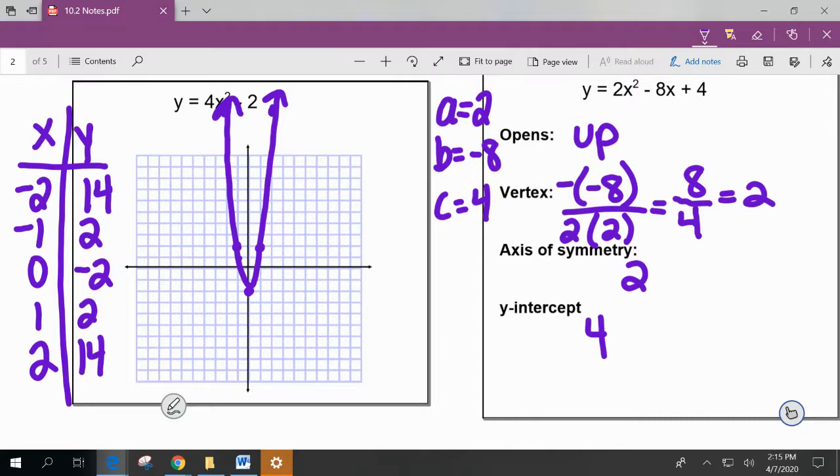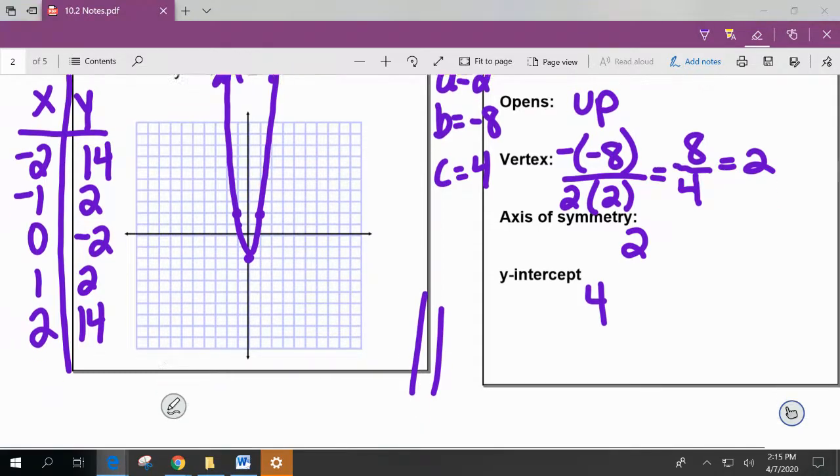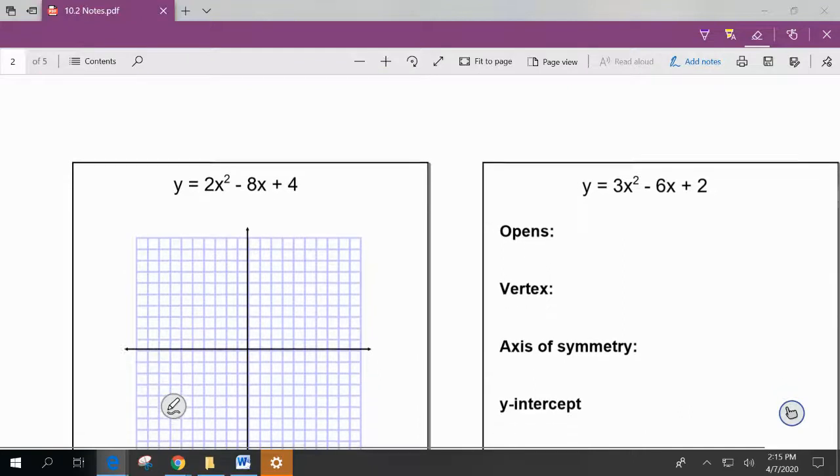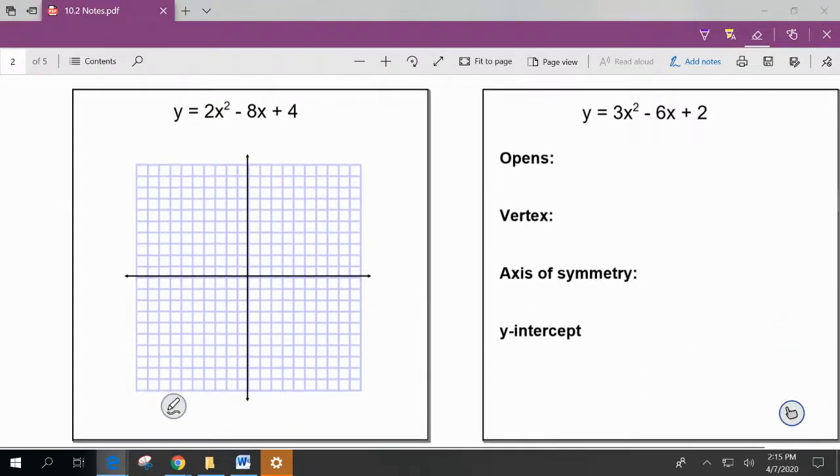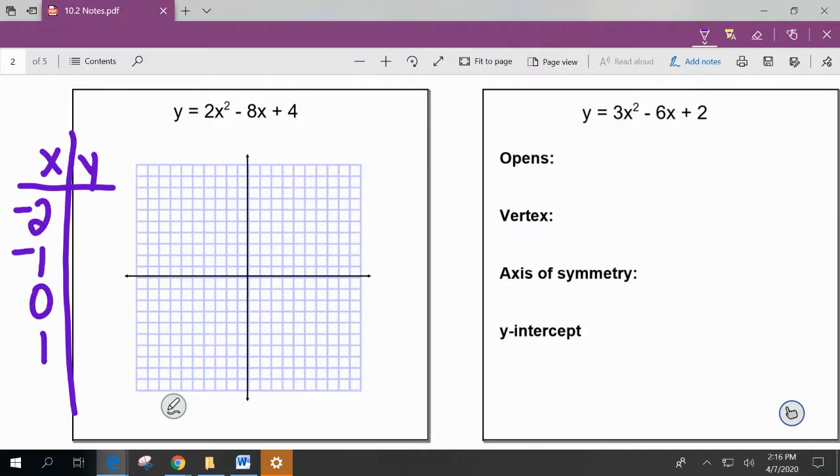So if we look at graphing that, okay, we're going to plug into the same xy chart. So negative 2, negative 1, 0, 1, 2. Again, you're going to need to use parentheses when you plug in a negative number. So you would do negative 2 squared, which is 4,